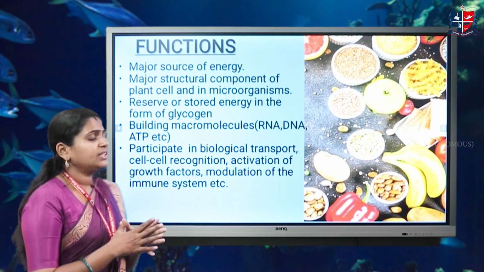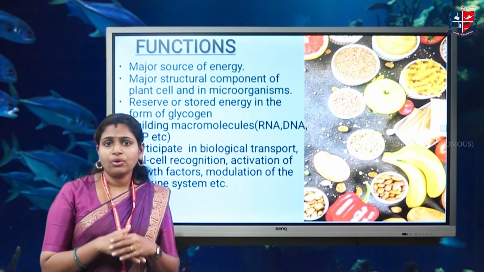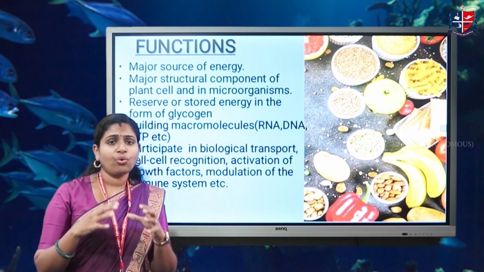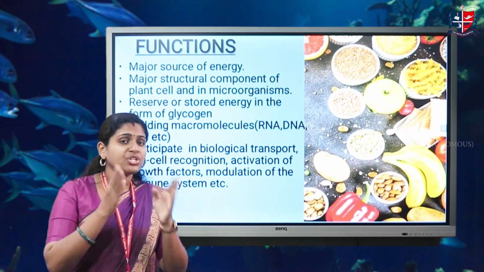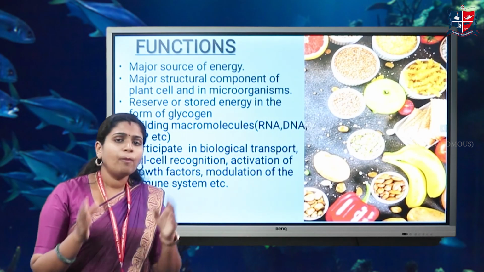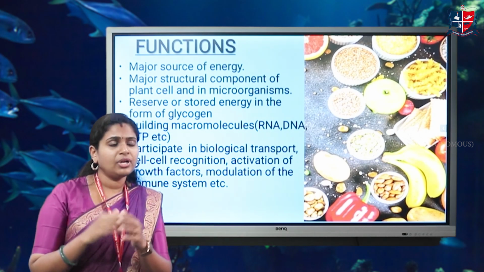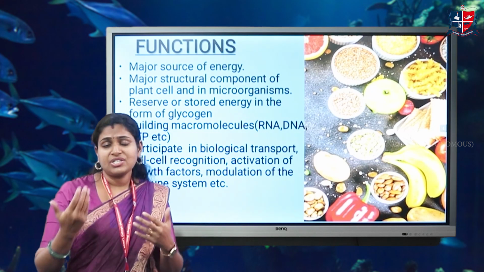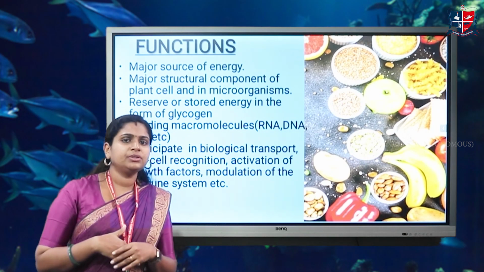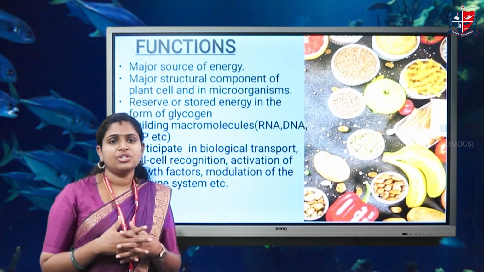Coming to the third one, they can serve as a storage form of energy. That means glycogen. We all know glycogen is a carbohydrate. It is a polymer of glucose, and this glycogen is a storage compound found in our body, as well as starch. Starch is the plant storage molecule, and glycogen is the animal storage molecule. Both starch and glycogen are carbohydrates, and they can serve as reserve food whenever we need energy, or in case of starvation when we are not able to get energy. At that time, glycogen can be converted to glucose for releasing energy as the ATP energy molecule. Therefore, the third function is storage.